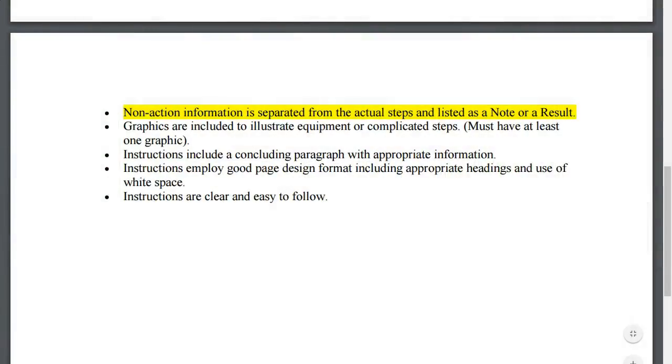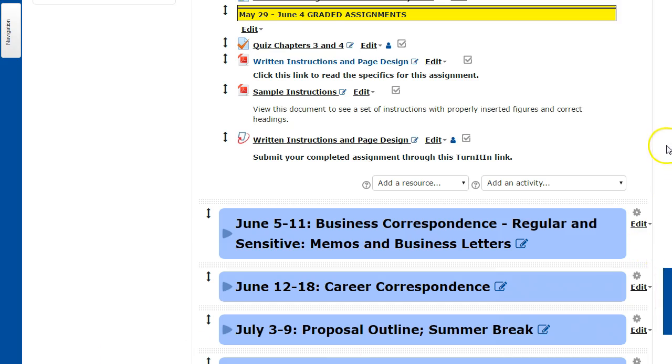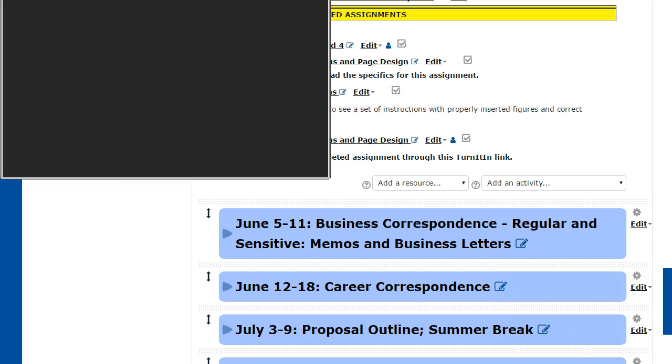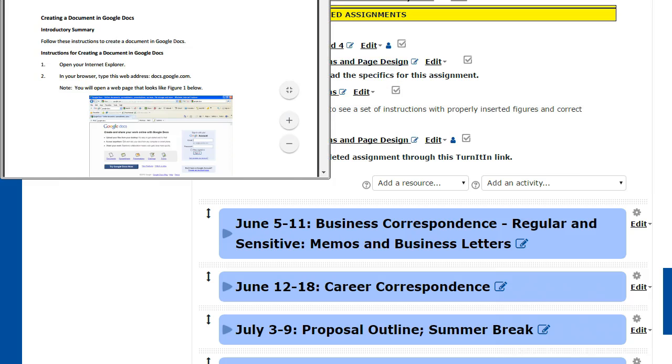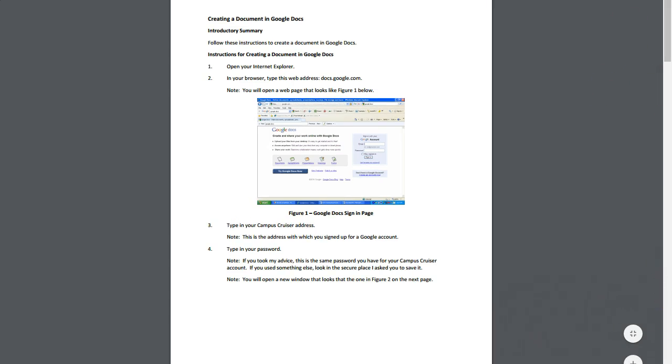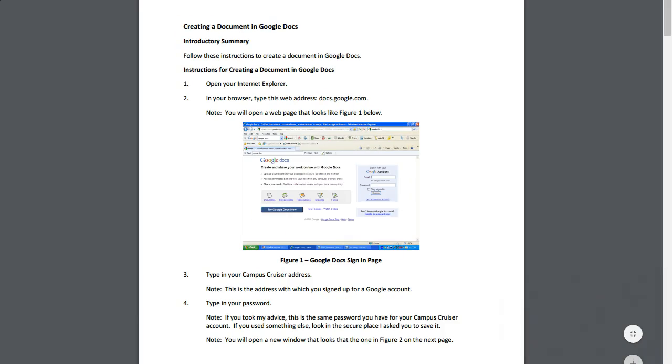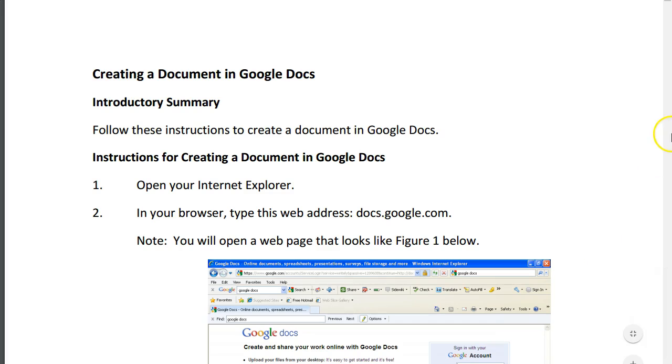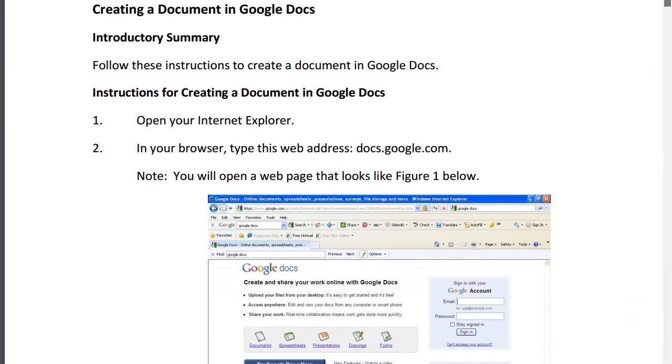So let's take a look at that. The sample instructions are right here under the document that has your assignment instructions. And so let's take a look at those. Open this up and make it bigger so we can see it better. And so what we have here is